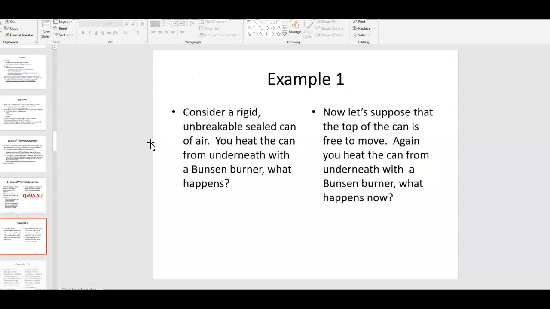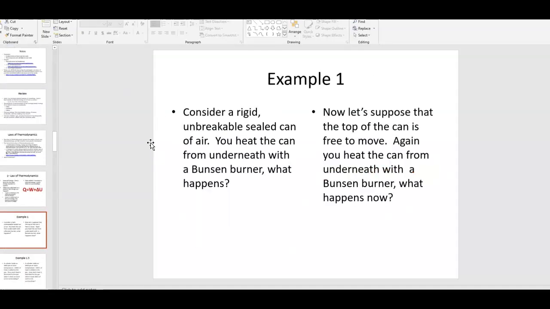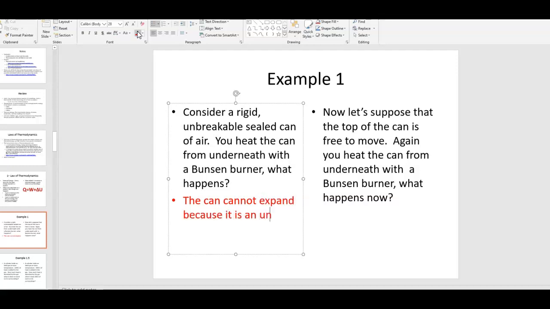We'll do some examples. Example 1, it says, consider a rigid, unbreakable steel can of air. You heat the can from underneath with a Bunsen burner. What happens? Okay, so I'm just going to type this out. If you heat the can with a Bunsen burner, what would normally happen is the can would expand, but it says it's a rigid, unbreakable steel can of air, and so the can, no pun intended, cannot expand because it is an unbreakable